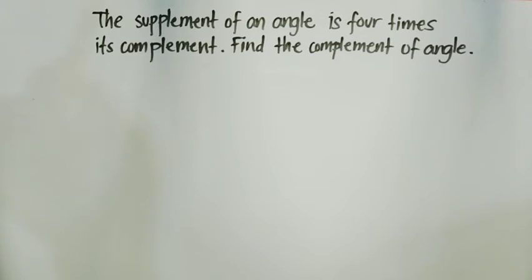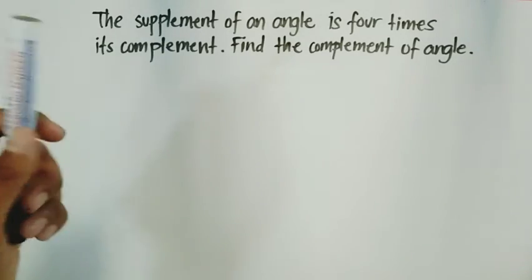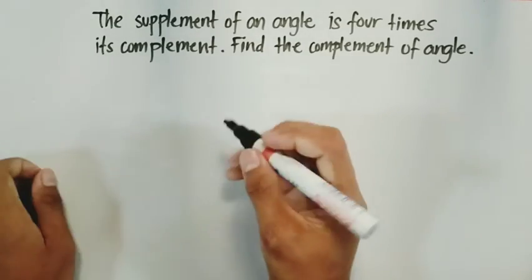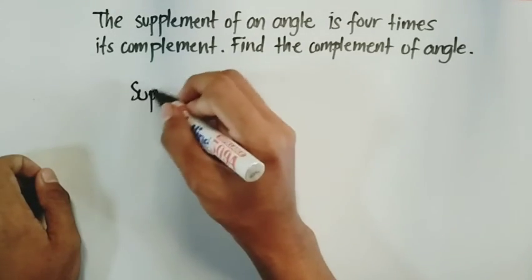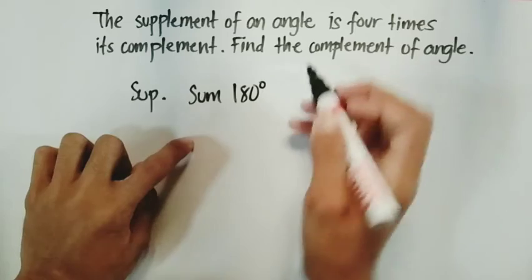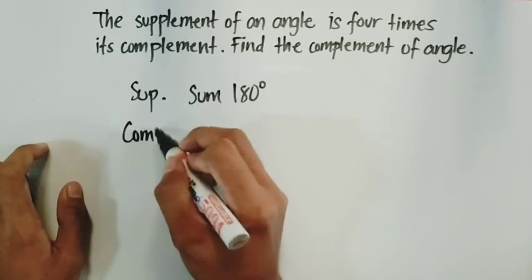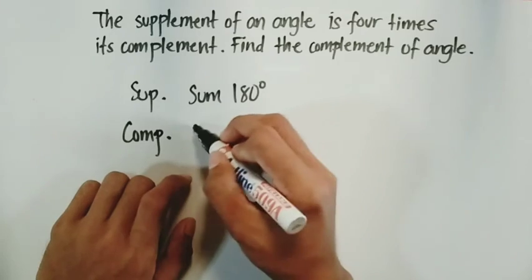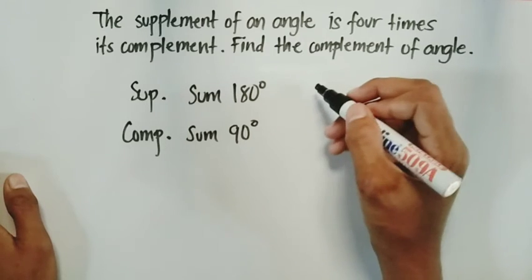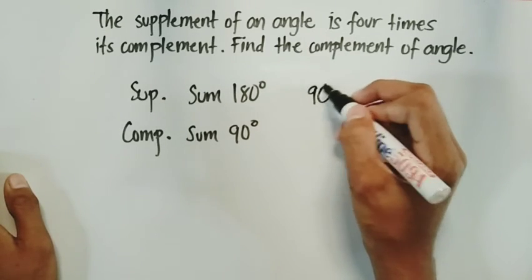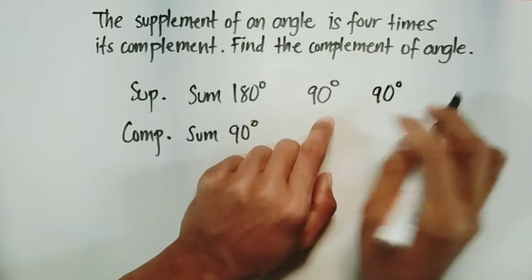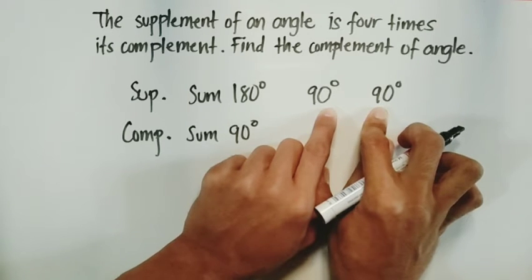The supplement of an angle is 4 times its complement. Find the complement of angle. So, ano ba tong supplement and complement? From the word supplementary, pag sinabi natin ang dalawang angle ay supplementary to, ang sum ng dalawang angle is 180 degrees. While sa complementary, two angles are complementary if yung sum nila is 90 degrees. So, let's have an example. Kunwari, what is the supplement of 90 degrees? So, ang supplement niya is 90 degrees din kasi ang sum nila dapat is 180 or pwede mo ding gawing